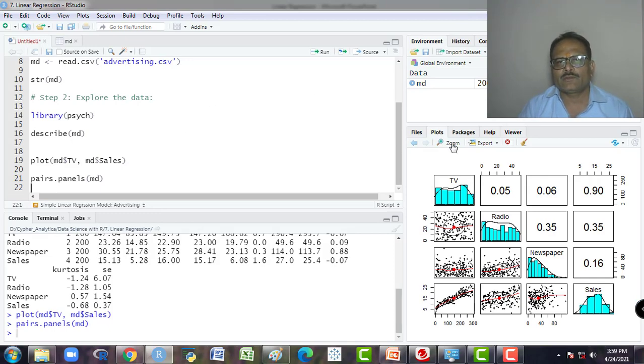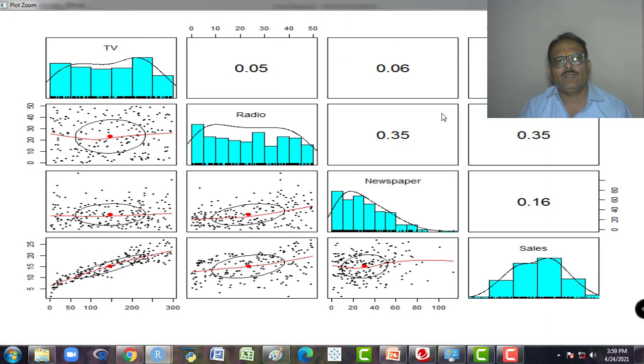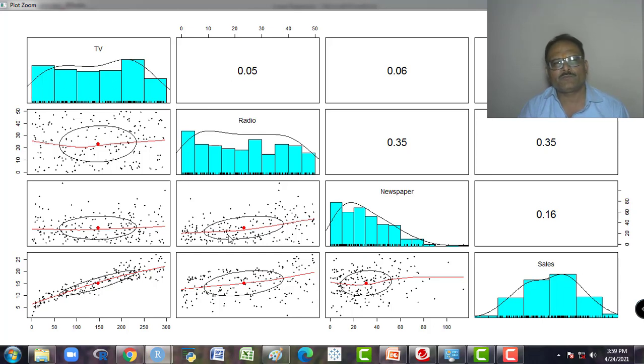So I will get the correlation of each variable with each other. If you see TV and radio, the correlation is 0.05, TV and newspaper is 0.06, and TV and sales is 0.90, the highest correlation, of TV with sales. Radio with sales is 0.35 only. Newspaper with sales is 0.16. So TV is more beneficial for us if we have to predict the sales. So we select TV as an independent variable and we work on that.